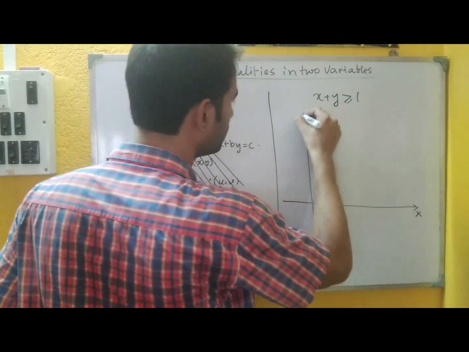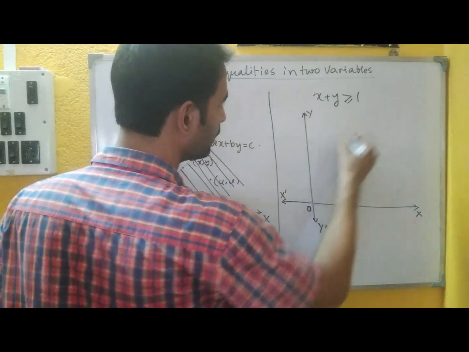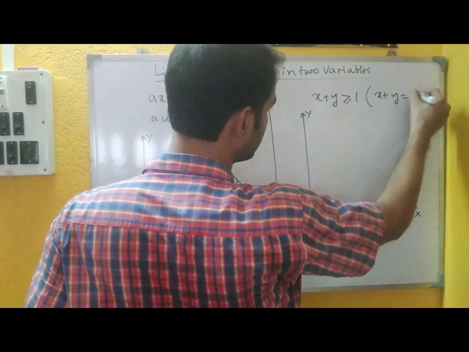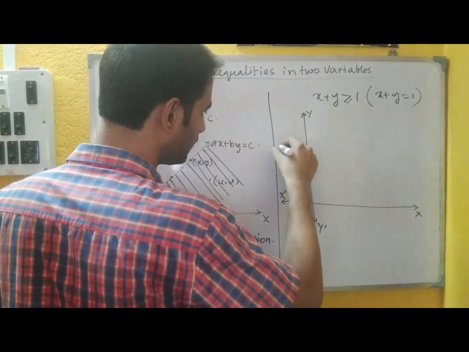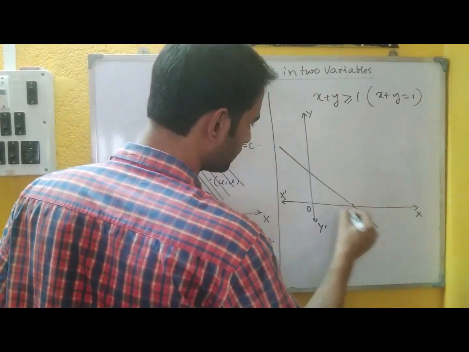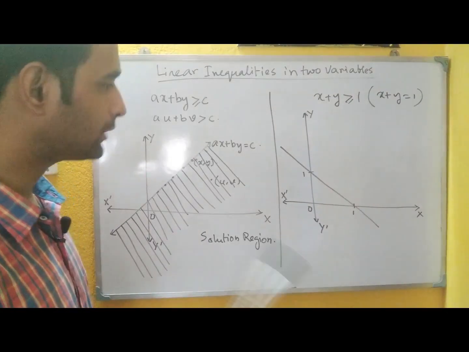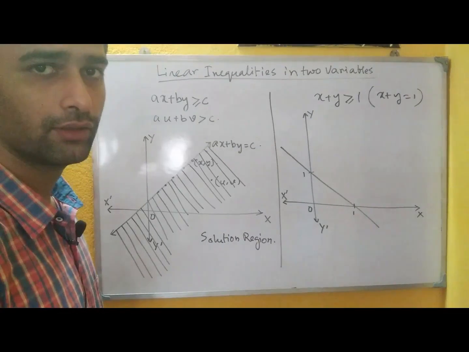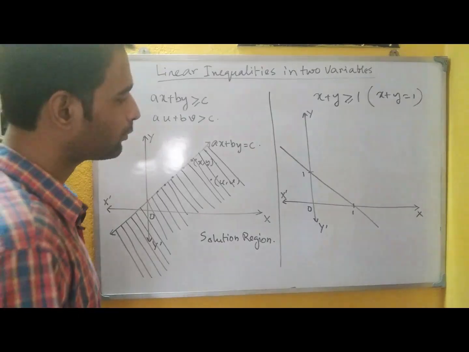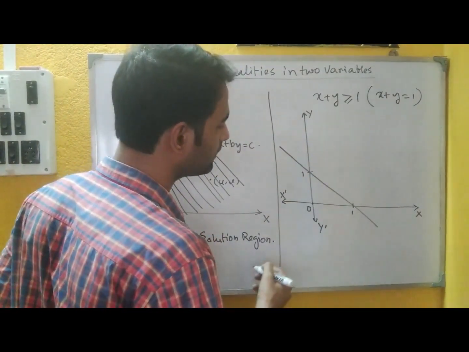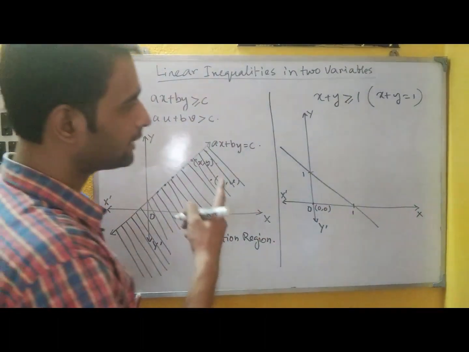So first of all, we will consider the equation instead of the inequation and draw the line in the plane. So x plus y greater or equals to 1 means, x plus y equals to 1 means it is this line here, this intersects 1. So now by some point outside the line, we will verify the inequality, which region is qualifying for our solution set. So the easiest point to verify this kind of situation is the origin, because it has the coordinate 0, 0. So it will be easier to calculate.